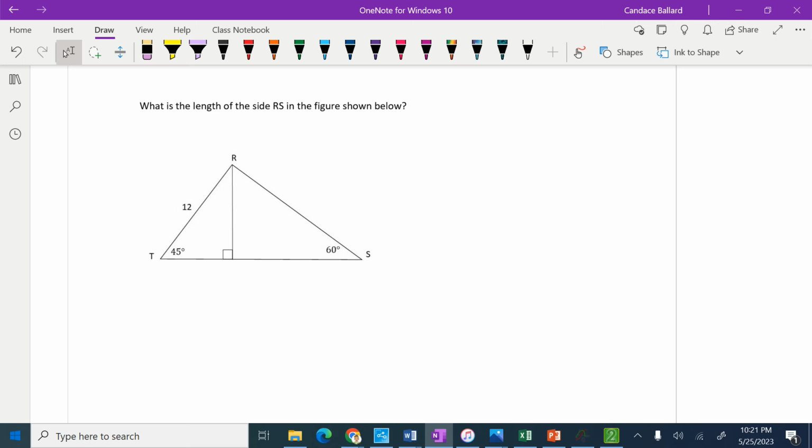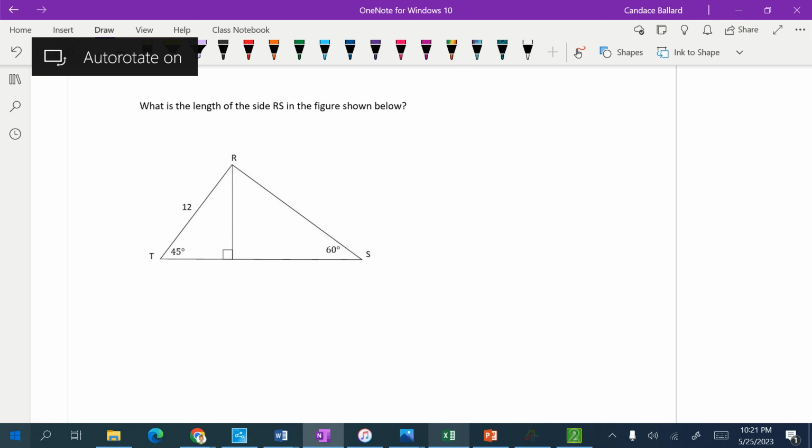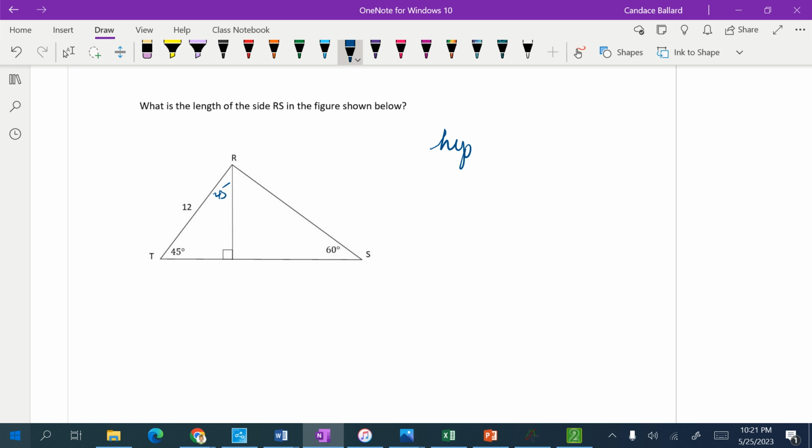It's asking us what is the length of side RS in the figure shown below. So it looks like I've got a couple of different triangles going on there. So the first thing I see is a 45, 45, 90 right triangle. I know in a 45, 45, 90 that the hypotenuse equals the leg